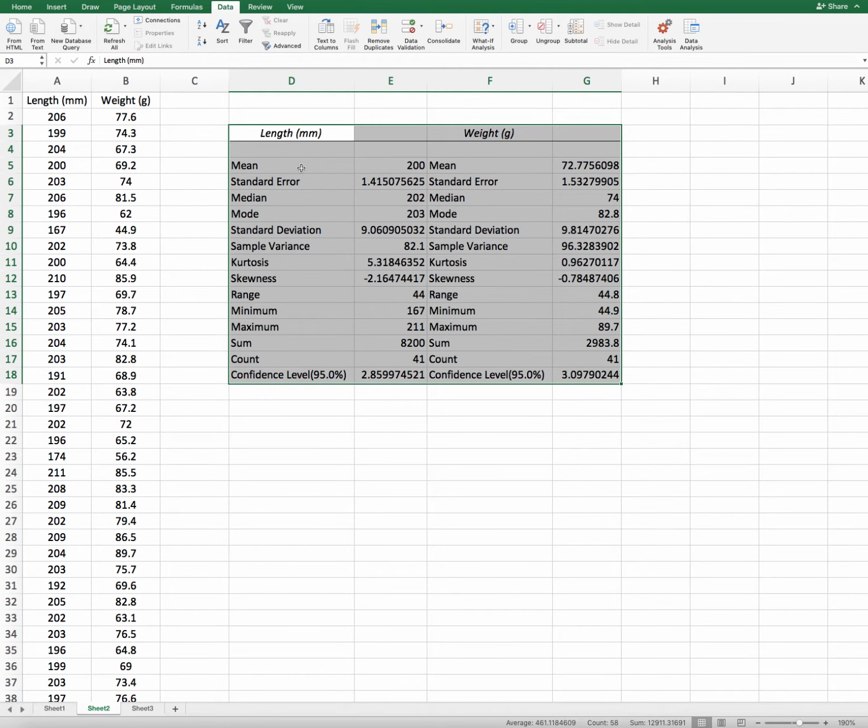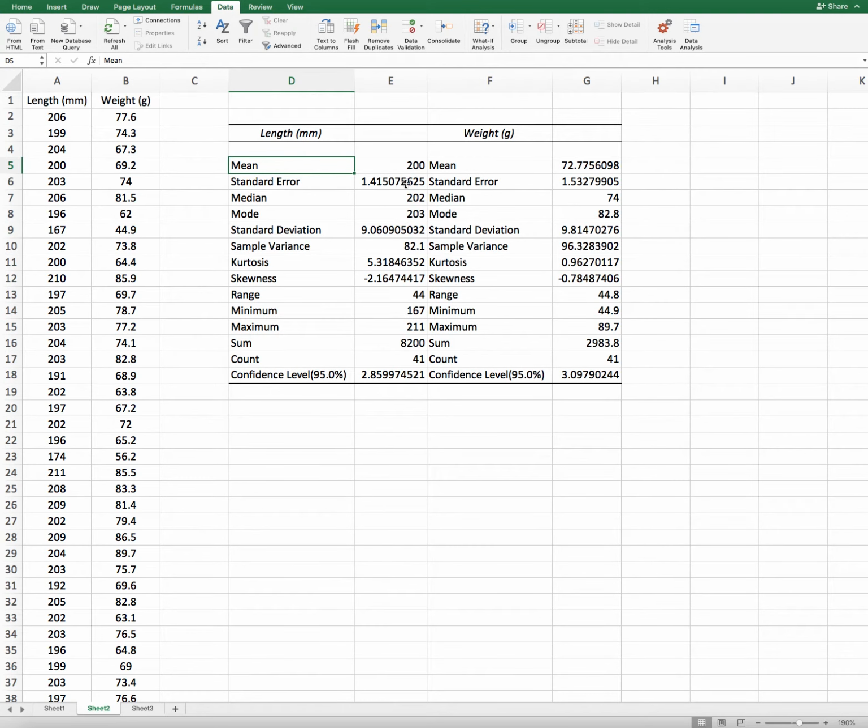Here we get the mean, standard error, median, mode, standard deviation, variance, kurtosis, skewness, range, min, max, sum, count, and also confidence level. This is the whole data for the length, this one, and for the weight, this one. Mean, as we all know, is the average of your whole data.